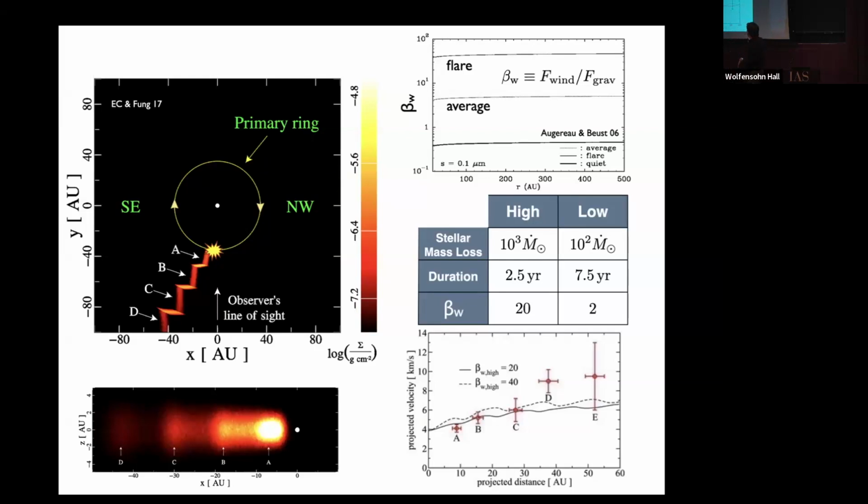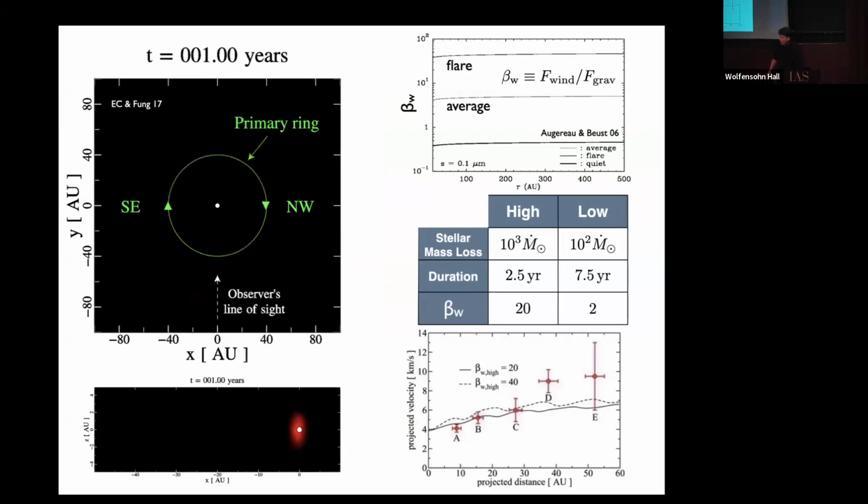People infer mass loss rates are easily 100 times greater than the mass loss rate from the sun. Now, here's the assumption bit, which is controversial, a little bit ad hoc. We say that this wind is cyclical, just like the solar wind, right? The solar cycle is a 10-year cycle. So we're going to say that this wind has a 10-year cycle, that it gusts and ebbs, between a low state and a high state every 10 years. Because if we say that, then the dust that's blown out traces this staircase pattern.